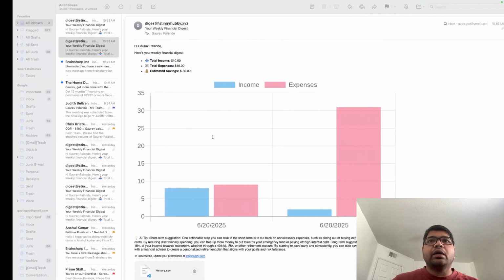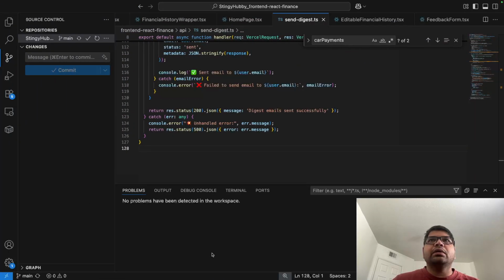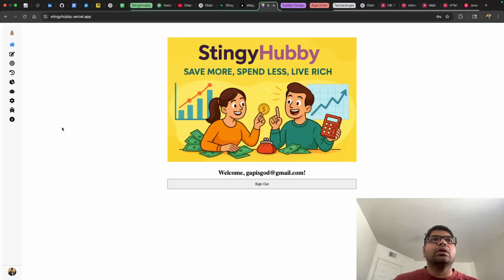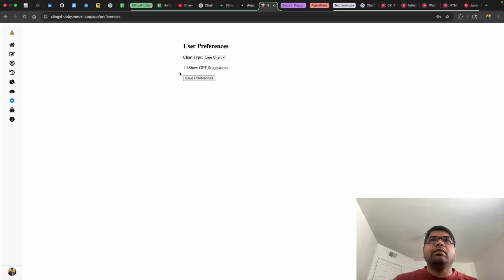So right now if we look at our email, we do have an unsubscribe link, and it's going to StingyHubby.com. We wouldn't want that. We would want it to go to StingyHubby.vercel.app, and on the application side we would want to go into the app, allow the customer to log in. As soon as he logs in, there will be a preference page, and then we would add one more field here that would say, do we want to unsubscribe from daily or weekly digest? Unsubscribe, or subscribe to weekly digest, and if we uncheck the box, that will be saved